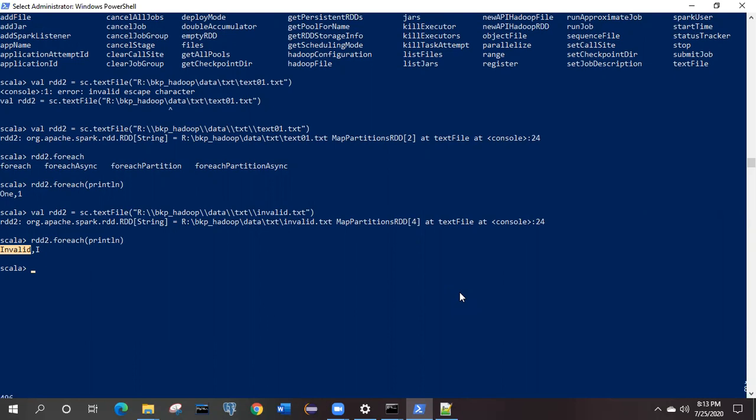So the third way of creating the RDD is making use of the existing RDD. So we have some previously created RDD. That RDD was known as data RDD. Okay, so we will make use of this data RDD, or we can create one separate new RDD. Okay, so data RDD,